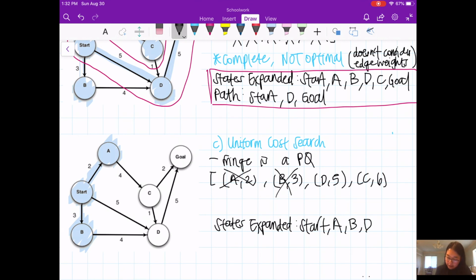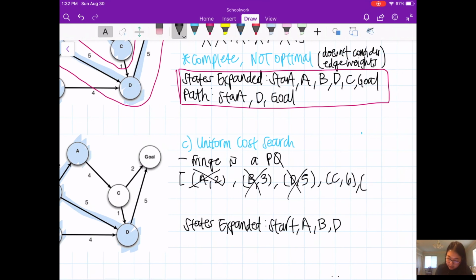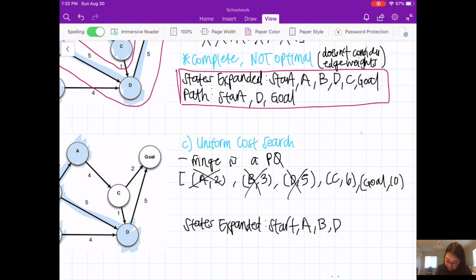Next you can see it is D that has the least weight, so you would expand D. Then you can add goal, and for goal you have 5 plus 5, so 10.